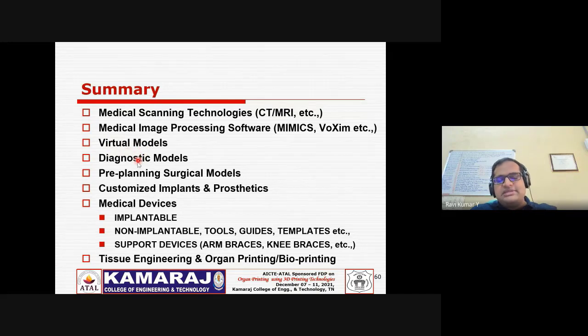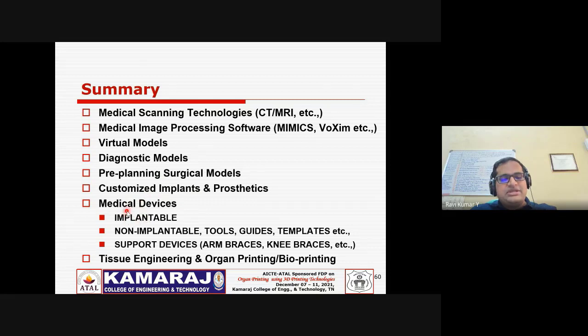for diagnostic purposes. You may use these models. Further, the physical models have been printed through 3D printing technology, and we have seen some case studies, in which I explained our personal experience with pre-planning surgical models as one of the case study applications. Through the other case studies, like 5 and 6, we have customized designed implants and prosthetics, which has been done,